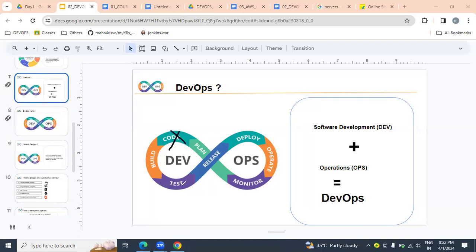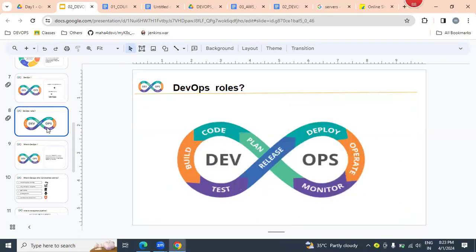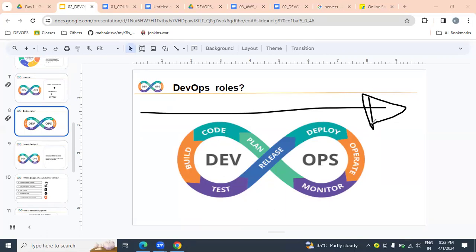But to be frank, we are not writing any code. We are not writing any test cases. We are just implementing an automated DevOps transparent pipeline. Tell me, is DevOps a technology like Java, .NET, Python? No, DevOps is not a technology. DevOps is a process. Which process? An automated process. From where to where, guys, please? We are implementing it from the dev environment to operations.